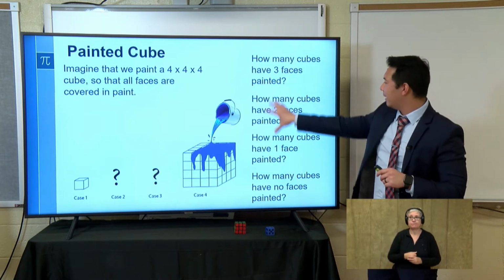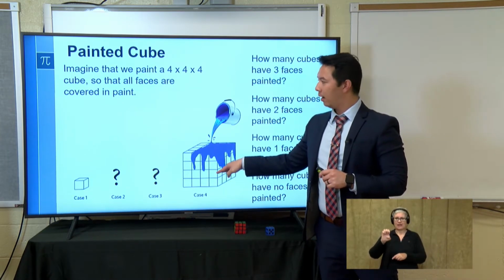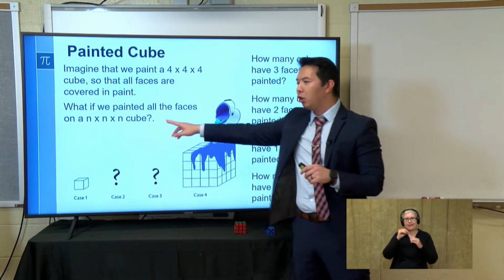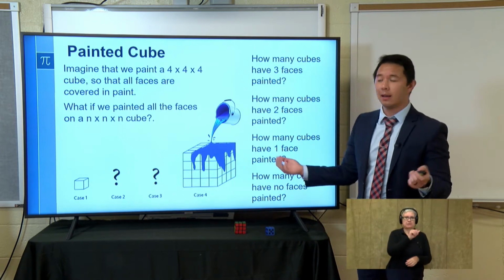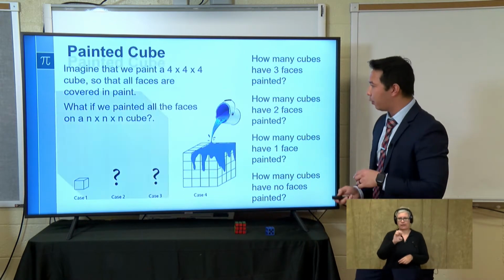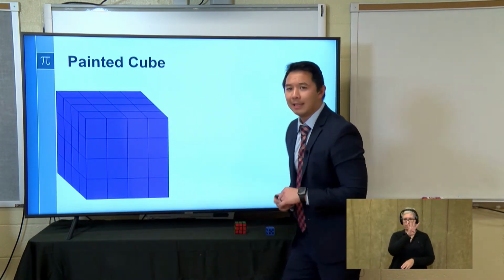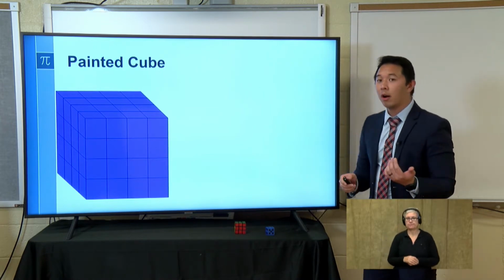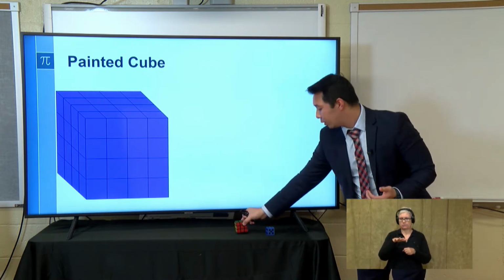And once we've assessed all of this for case 4, how can we then determine the answer to these questions for a cube of any size, if it is case 2, case 3, or beyond? And so when we're looking at case 4, here's an image of a cube that is 4x4x4, entirely covered in paint. And now what I'm going to show you are the locations of where the individual cubes that have 3